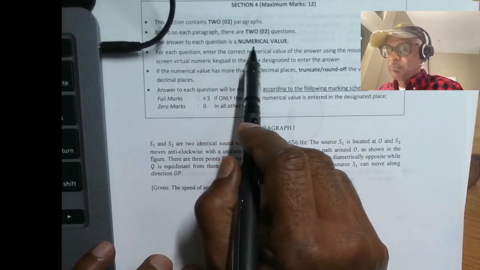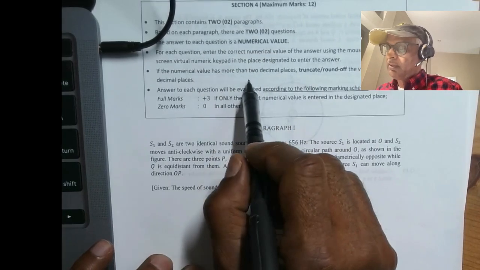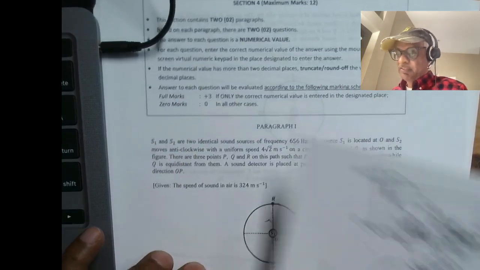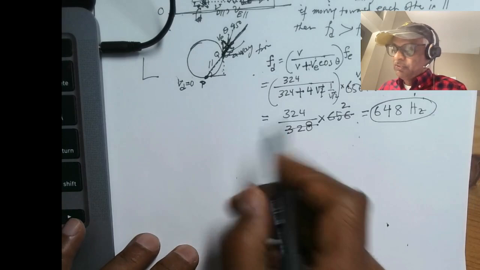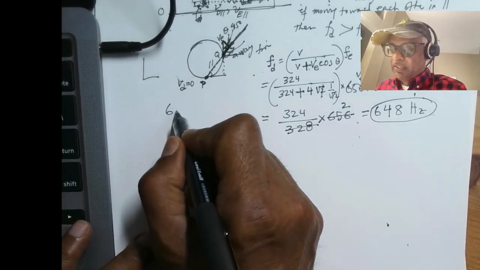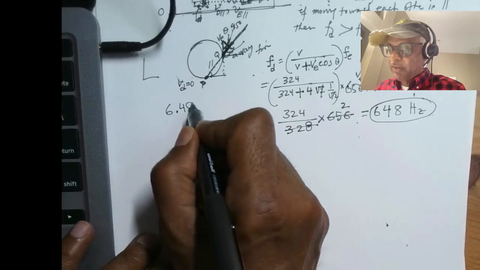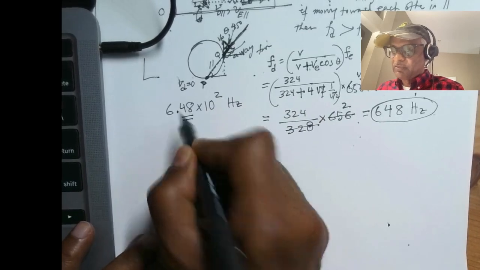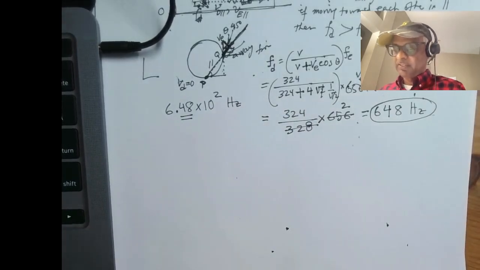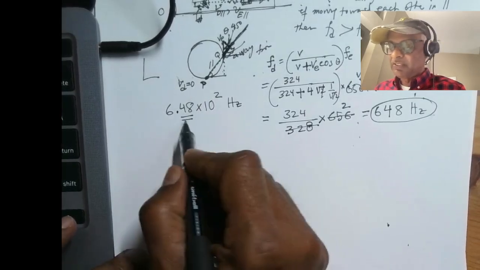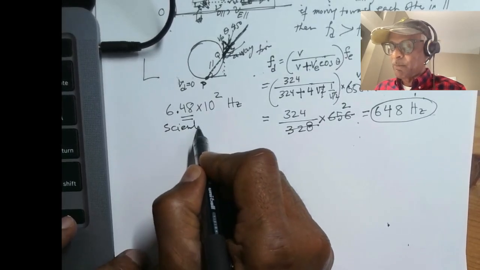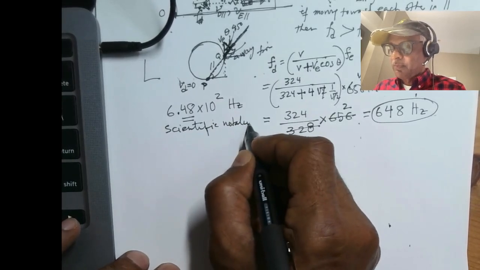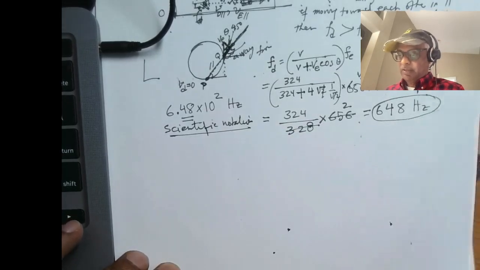The answer is a numerical value, and so round off to 2 decimal places. So it will be 6.48 times 10 to the 2 hertz. So 2 significant decimal places. If you write it down, this will be the scientific notation. Okay, so that's